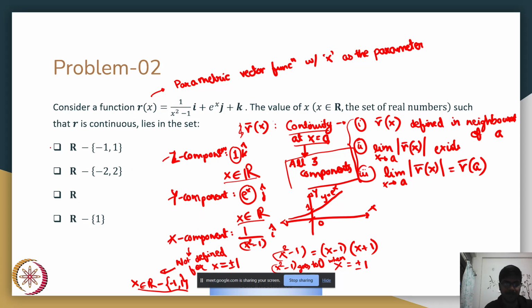Okay, I've written this in a more simplistic manner, but we could essentially plug in this 1 over x square minus 1 term and check conditions 1, 2, and 3. And we will see that it might be defined in the neighborhood, but this limit itself will not exist, neither will the value at x equal to plus or minus 1, which would tell us that the function is not continuous at x equal to -1 and x equal to plus 1. Okay,